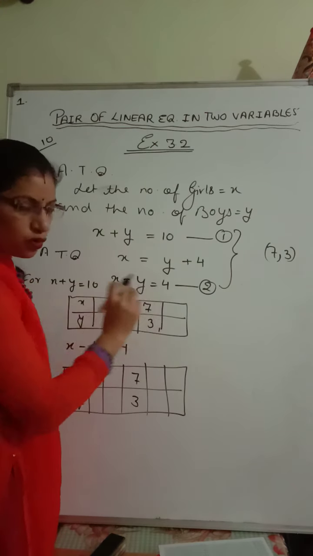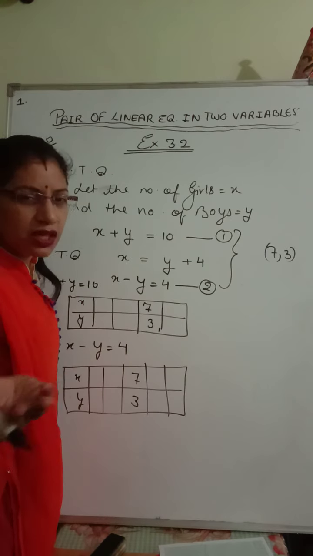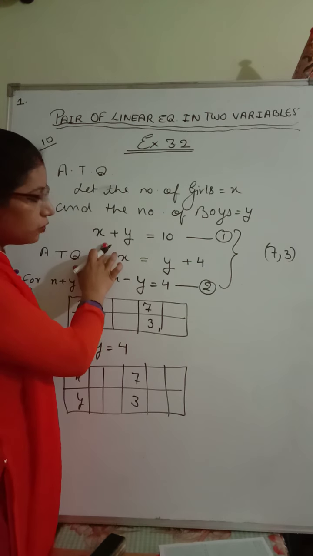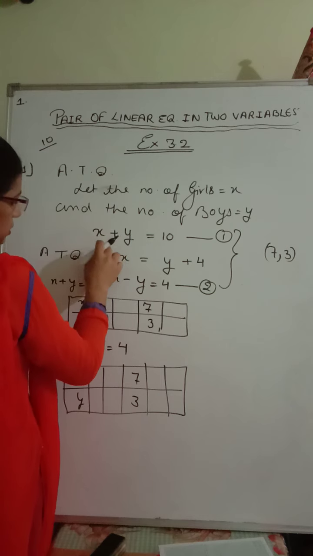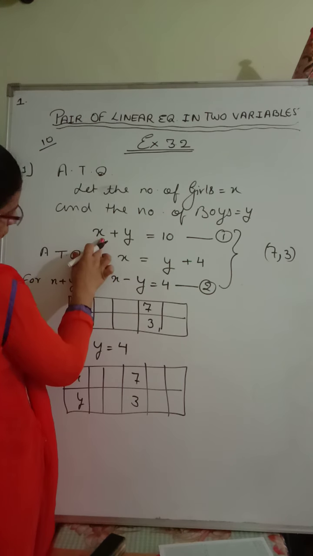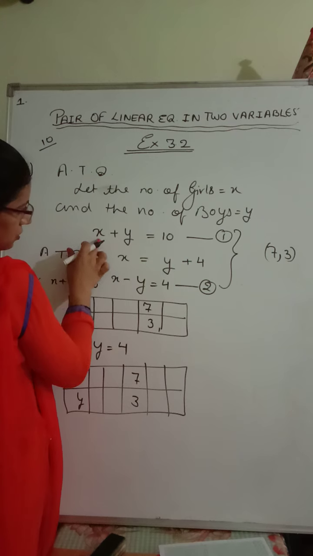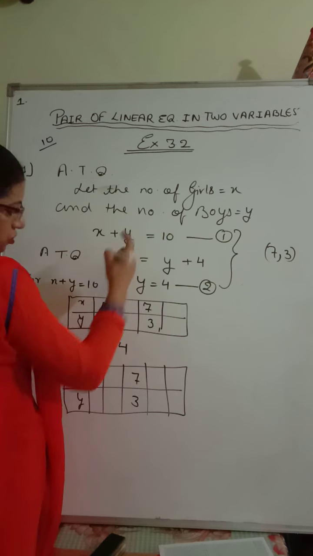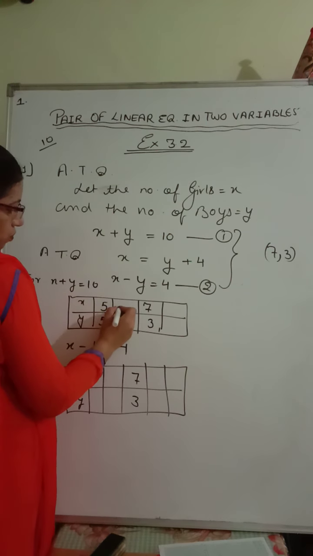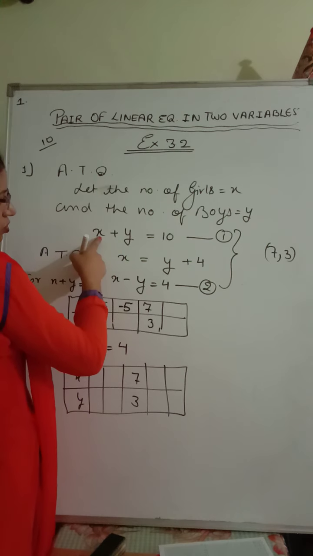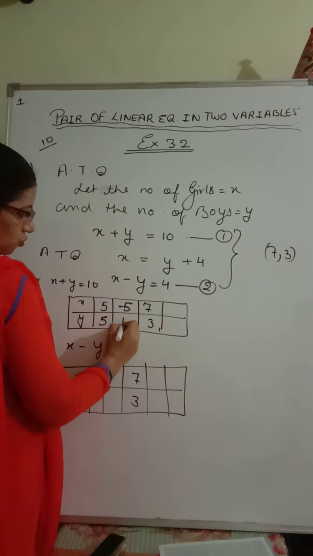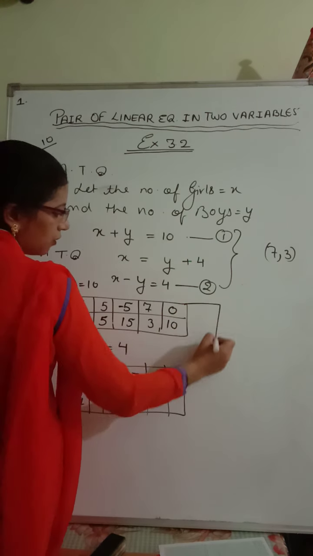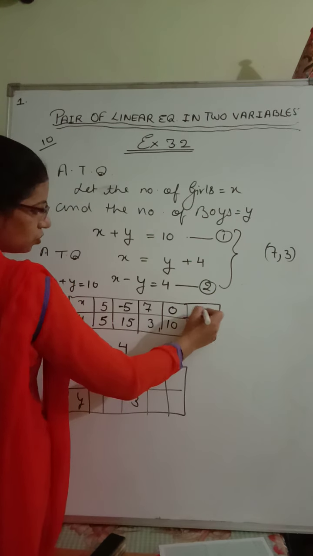The values are 10 and 4, so we have to put small values like 1, 2, 3, 4, 5, 8, 10. We don't have to put 10, 20, 100; these types of values will not be put for x and y. So for the first equation let us put x equal to 5. If x is equal to 5, what will y be? Send 5 to this side: 10 minus 5 is 5. So y is 5. Then for x equal to 0, y is equal to 10. For y equal to 0, x is equal to 10. Okay.